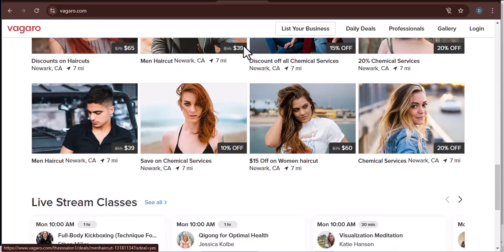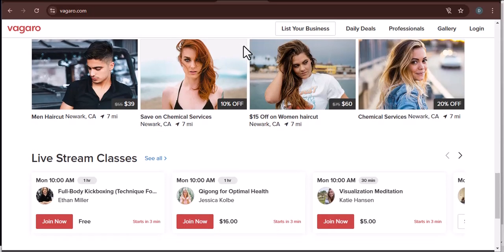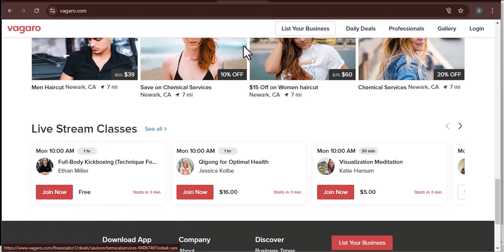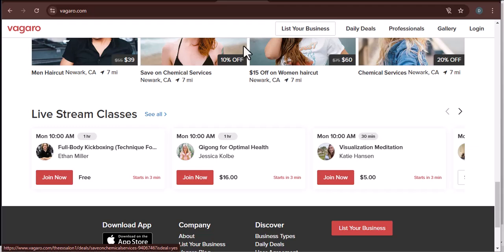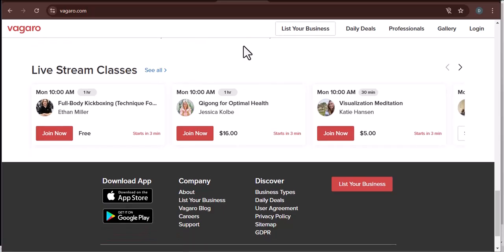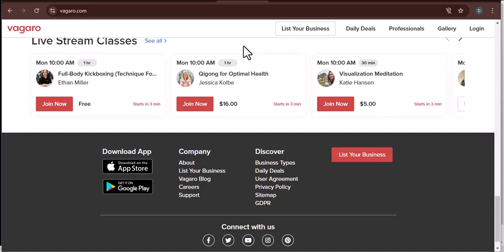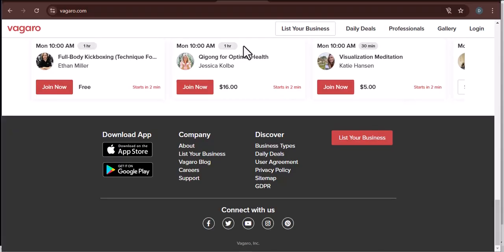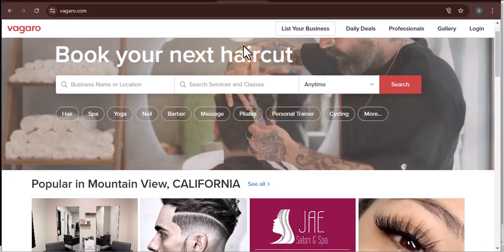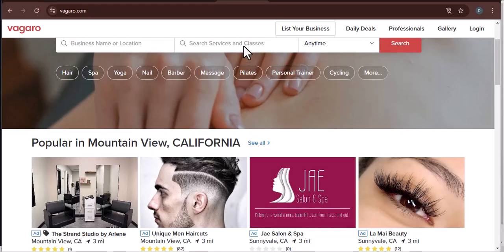Another highly effective method involves restricting online booking for specific clients. While deactivating a client prevents all online bookings, you might have scenarios where you want to keep a client active for record keeping but still prevent them from self-booking. Vagaro allows you to control a client's online booking privileges. By unchecking the Allow Online Booking option in their client profile, you effectively cut off their ability to schedule appointments themselves. They would then need to contact you directly to book, which gives you an opportunity to manage the interaction and decide whether to proceed with the booking. This provides a layer of control and a chance for you to screen appointments from specific individuals.